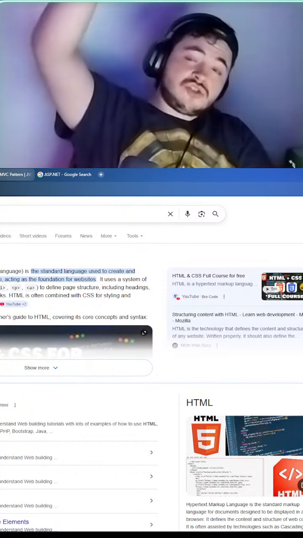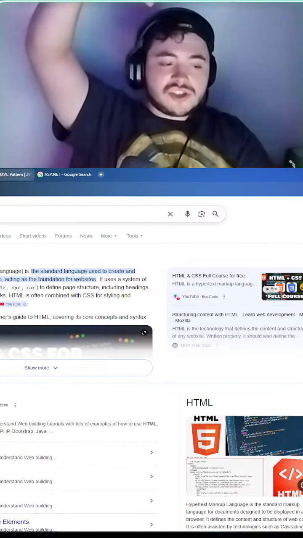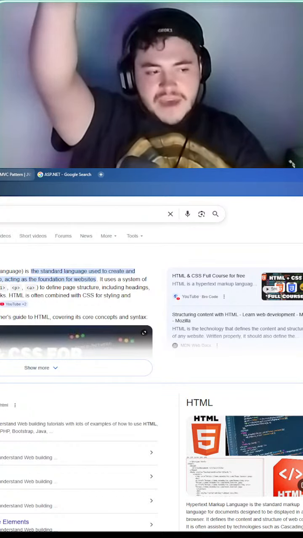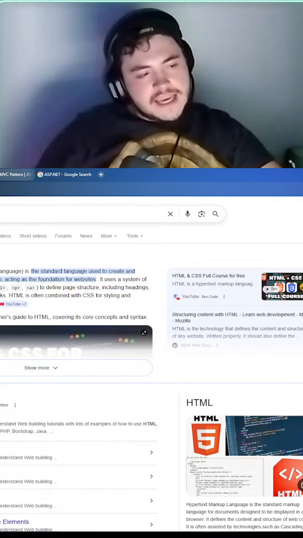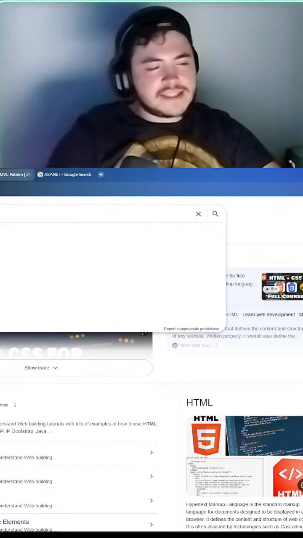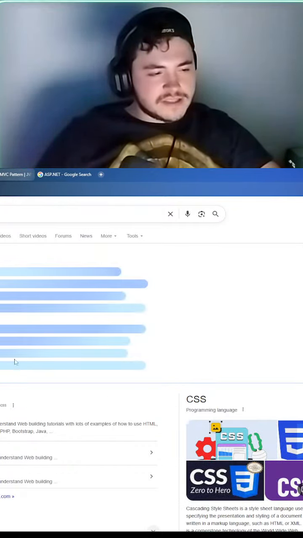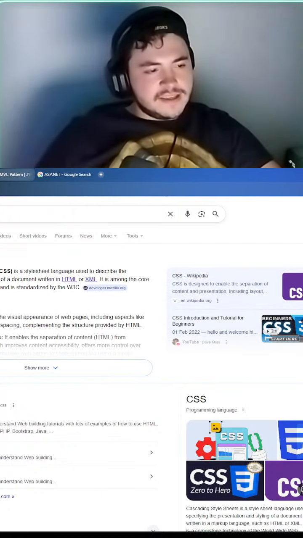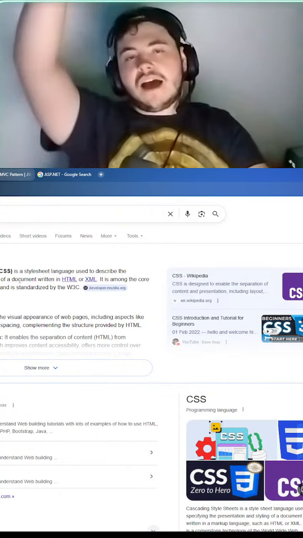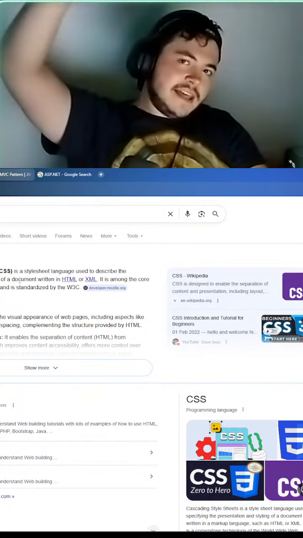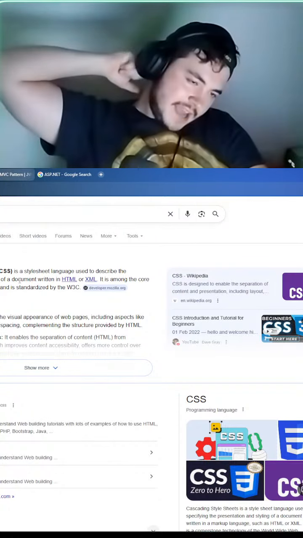The structuring of your web page is managed by HTML, your Hypertext Markup Language. CSS, I think it stands for Cascade Styles Processing what? Let me Google it. Cascading Style Sheets controls the layout, controls the color, basically some styling stuff.